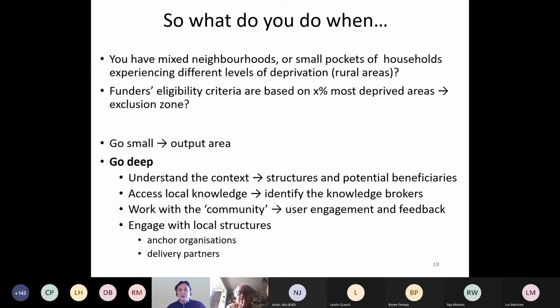The other thing is what I call the kind of hurdles that the voluntary sector needs to go through when they have to apply for funding. Because quite a few funders have exclusion criteria. So they tell you, well, you should demonstrate that you are addressing issues in areas of high deprivation, and for instance, that the area you're working in is amongst the 20% most deprived in your country.